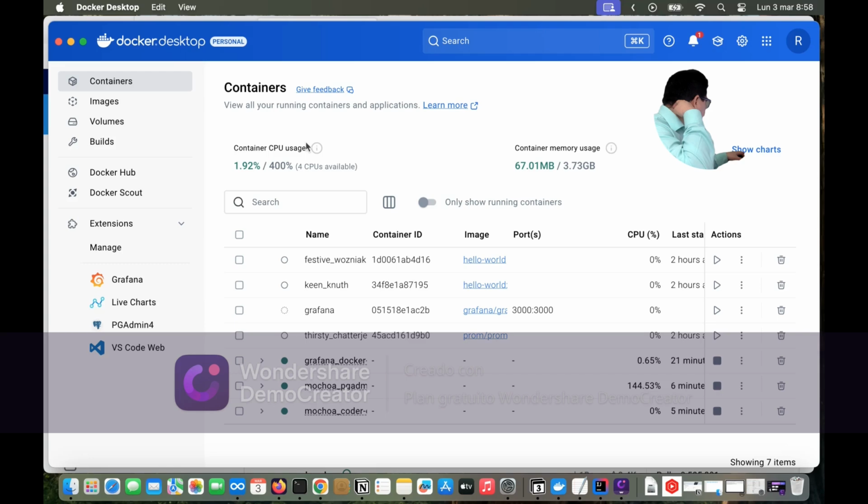You need to type brew cask install docker. Okay, I have it already, so we can see our Docker, and here we see hello world,